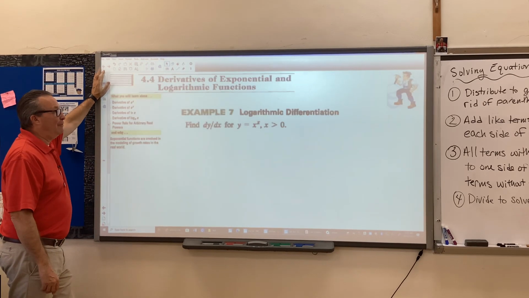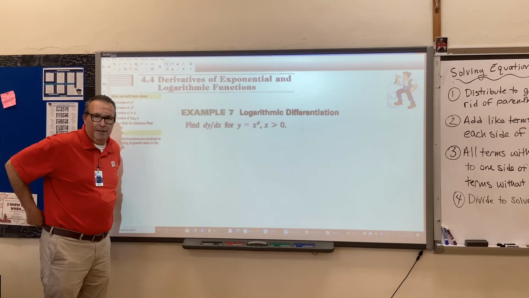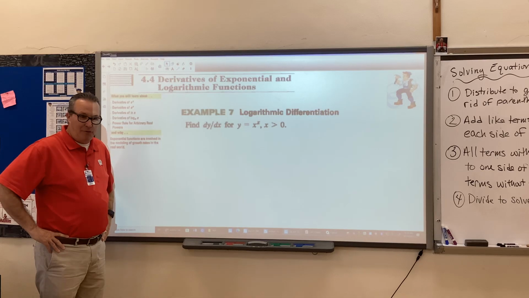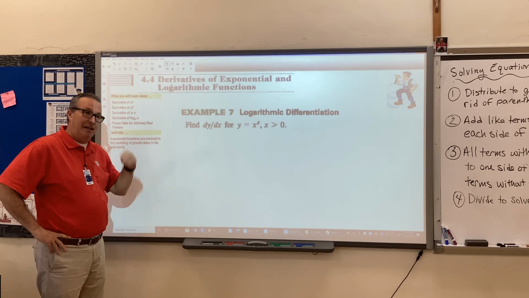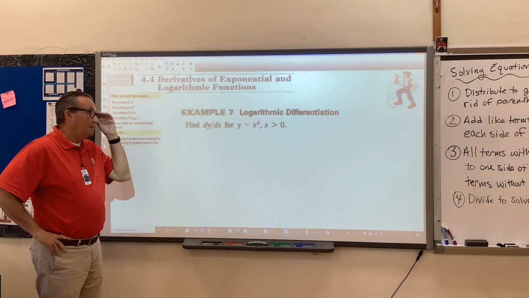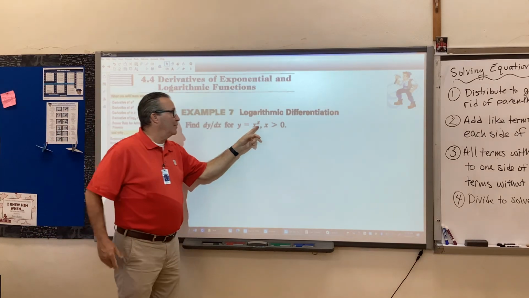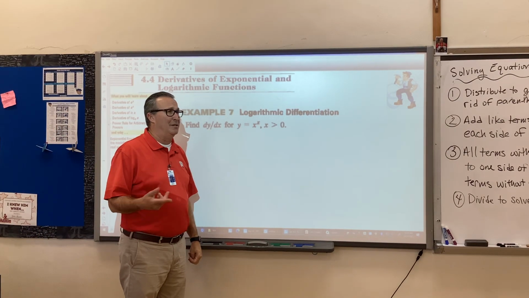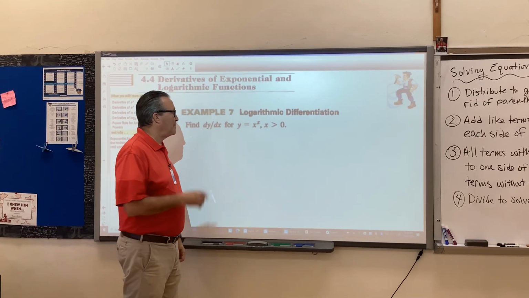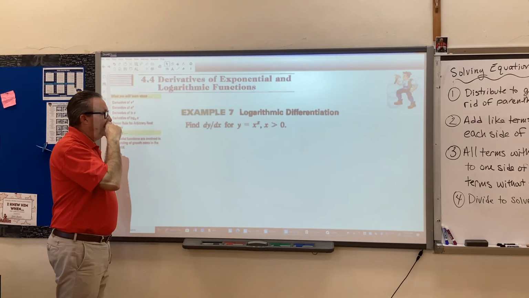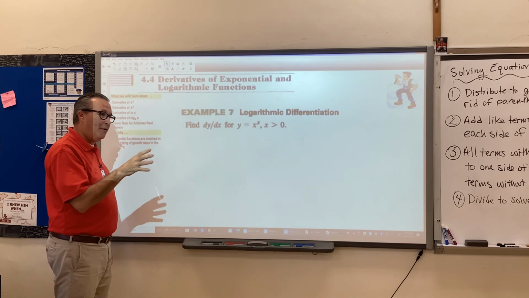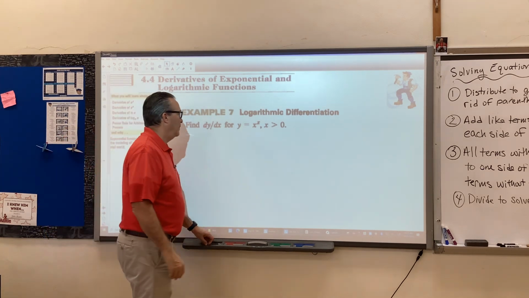Oh, logarithmic differentiation. This is a thing, because logs have great properties that dismantle things. So if you're trying to take the derivative of x to the x, you can't use the power rule where you subtract 1 and multiply, because this is a function to a power of a function. What you would do